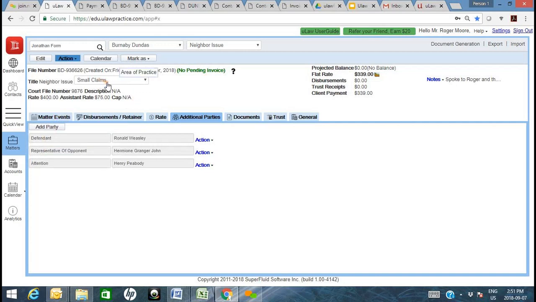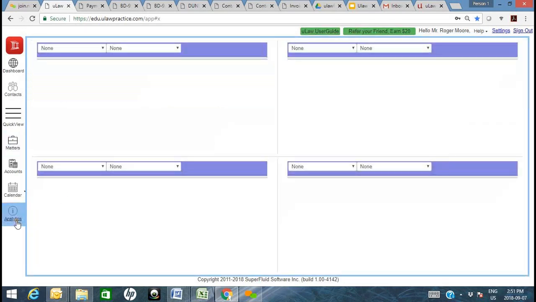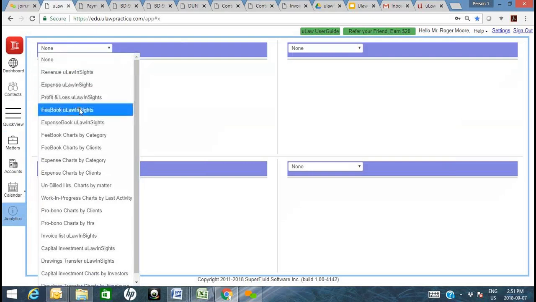Okay, so if you're curious about where this piece of information is being used, about it being a small claims, was it just in the title of the document? Well, it's not. When it comes to legal accounting, that same piece of information or data is then repurposed in uLaw from a financial standpoint as well. So if you want to know